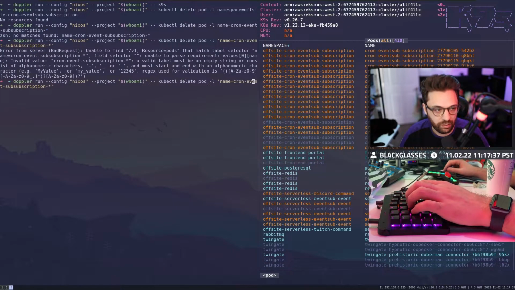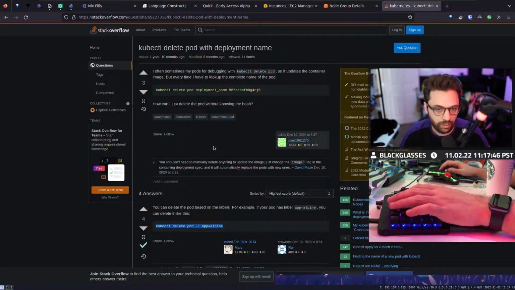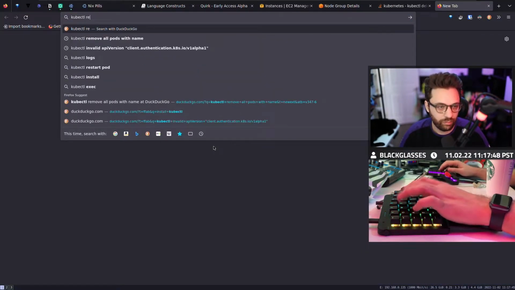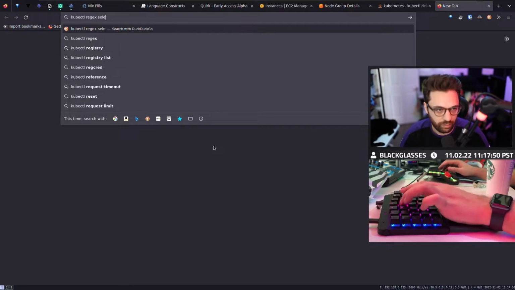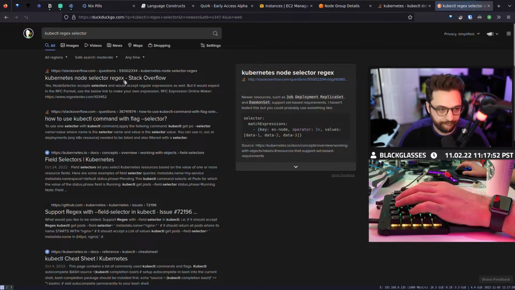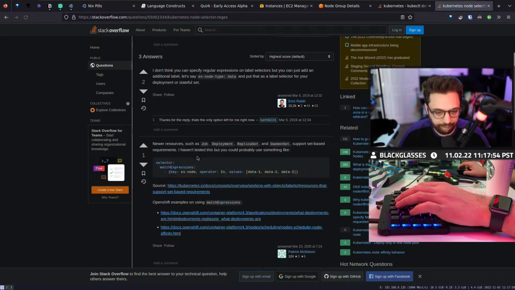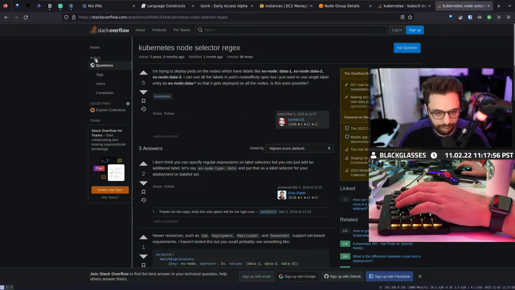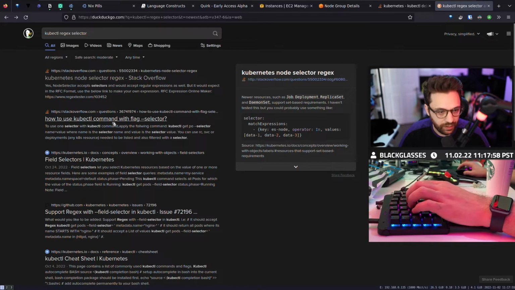Regex used for validation is, wait, what? Kubectl regex selector. No, dude. Need it inlined.